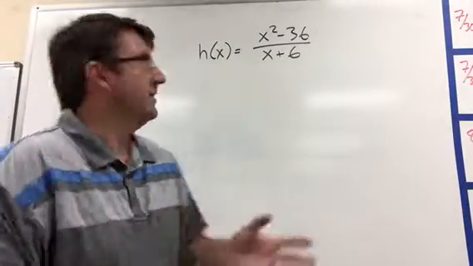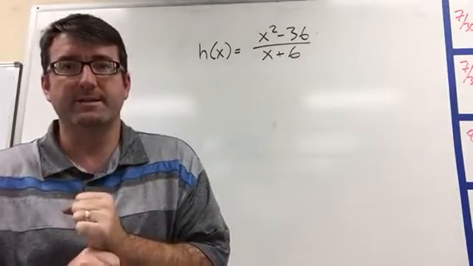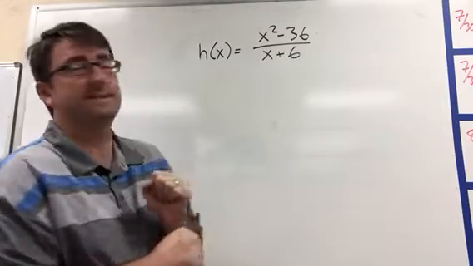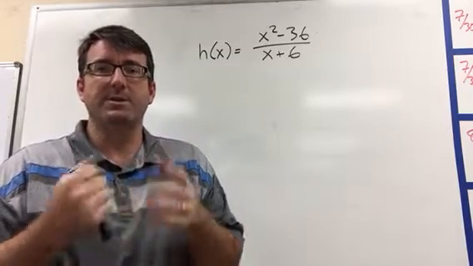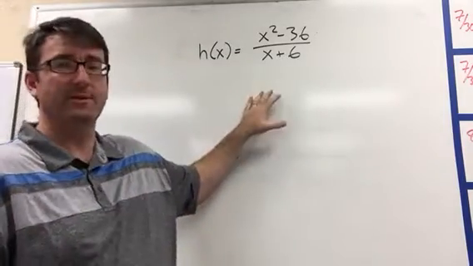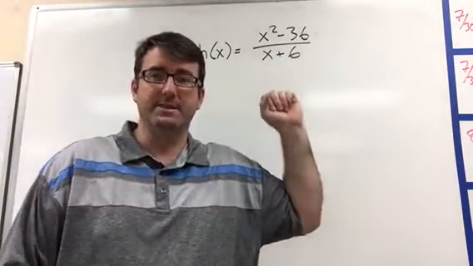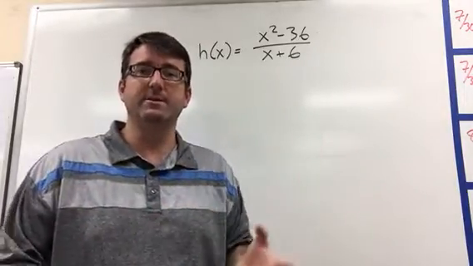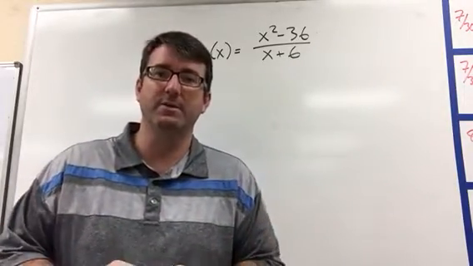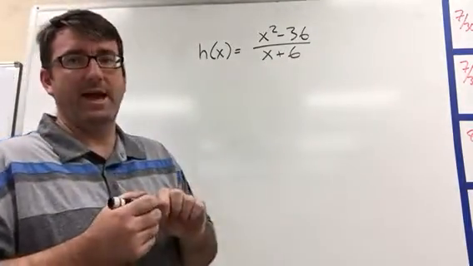All right, for number 3, we have this function, h of x equals x squared minus 36 over x plus 6. And we're asked to determine whether or not this is continuous at x equals 6 and at x equals negative 6. And then if we determine that it's not continuous, what type of discontinuity do we have? So let's start with x equals